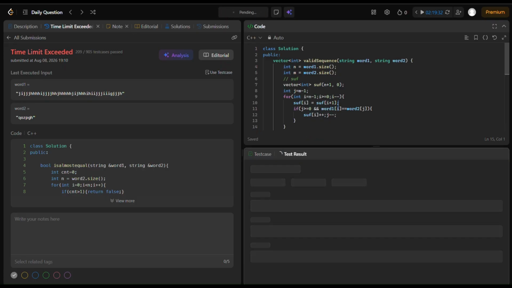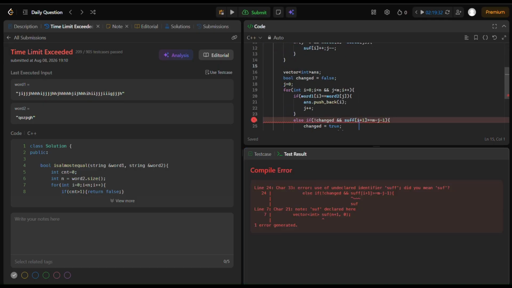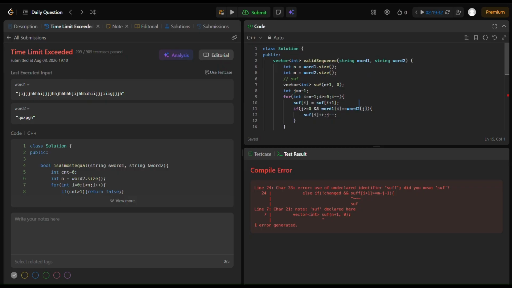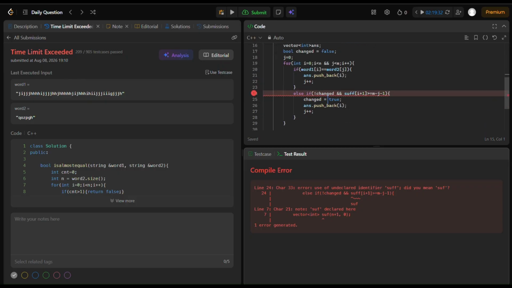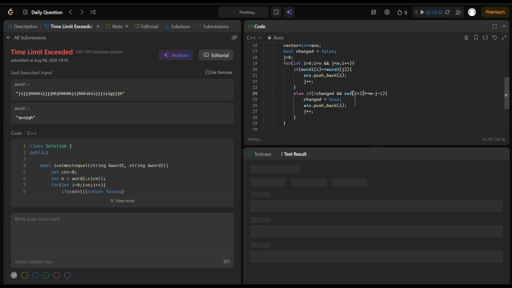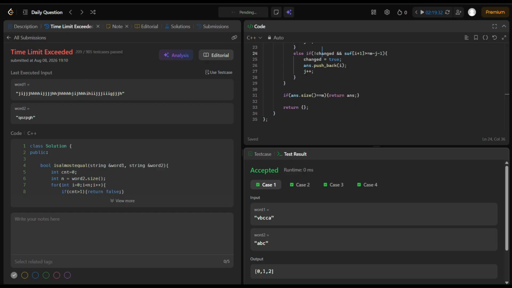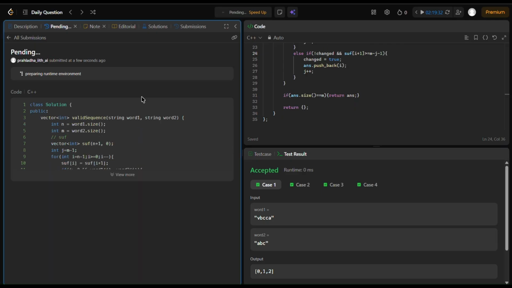Now let's try to run this one, and compilation error suf, all right. Where is that one? Okay, else if this is suf, let's run it one more time, and yeah, there you go. Now if we submit this one,